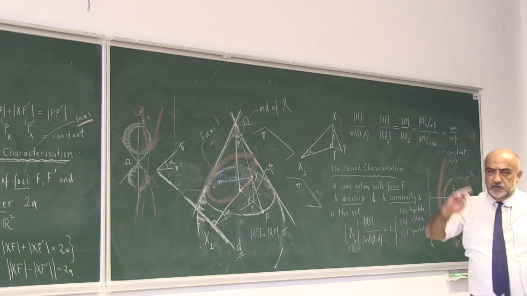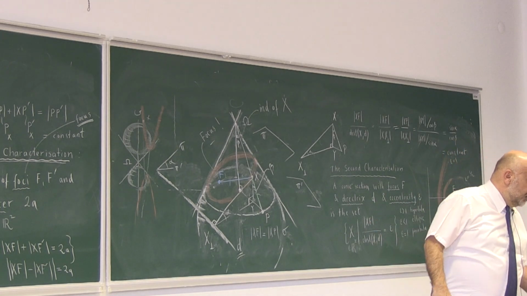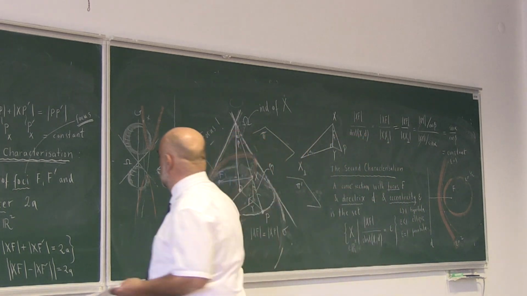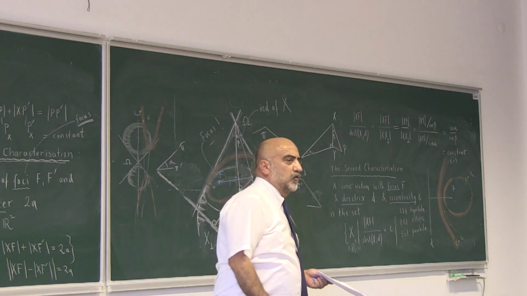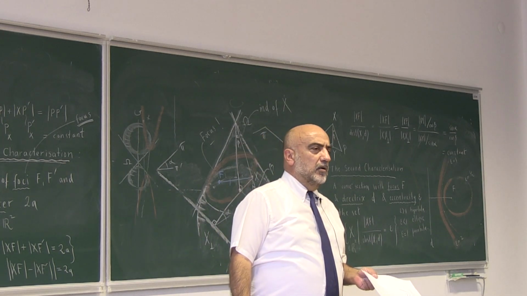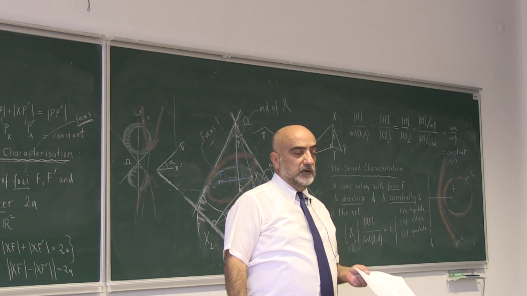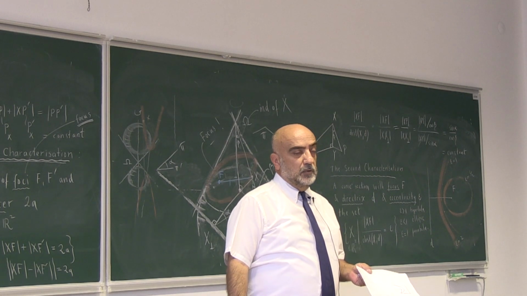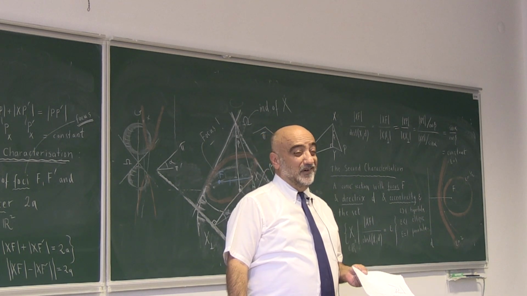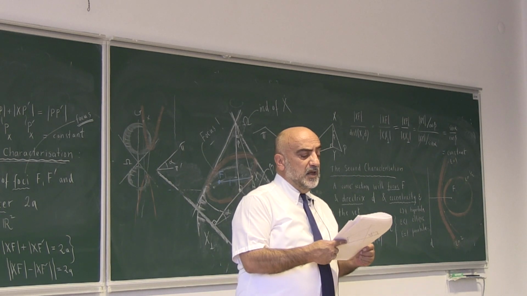So these two treatments are equivalent. These two characterizations are slightly different looking characterizations of the same family of curves. These are conic sections. Now, starting from these two characterizations, we shall go deeper into the geometry of the conic sections next week. So we shall be asking questions like, in which way